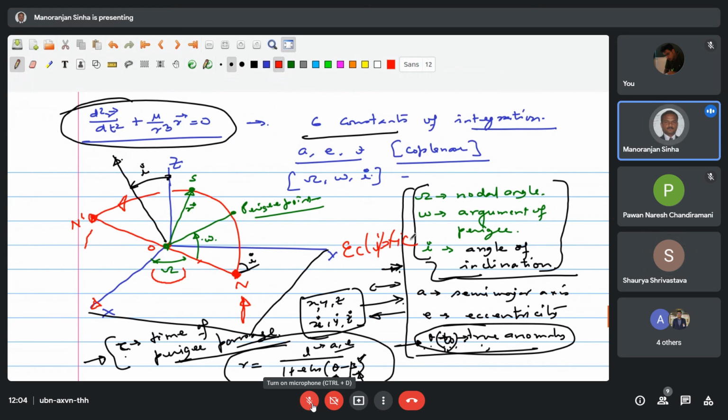The angular momentum is conserved. The total angular momentum of the system, whatever planets we have, combined together, is a constant, and this is called the invariant plane. It constitutes an invariant plane. So with respect to that, also everything can be measured. But nowadays everything is